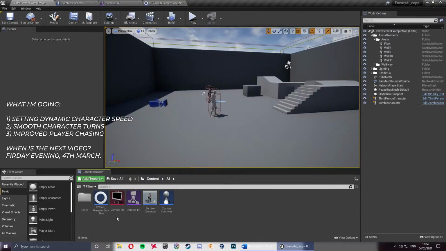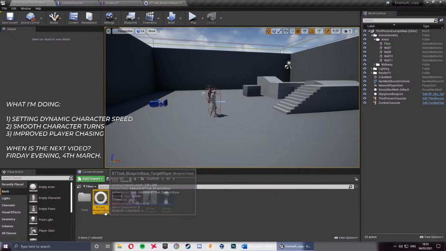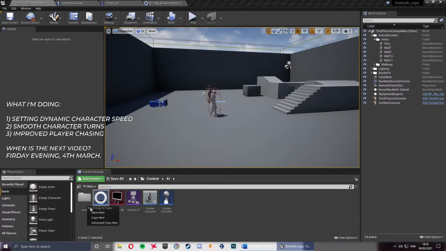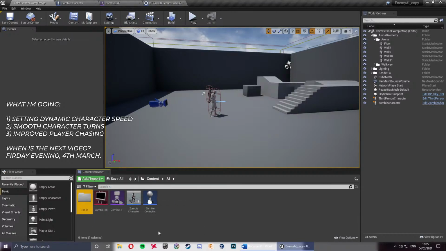So what I'm setting up here is I'm gonna make a new task called, this is the hard part about things, I was going to think of a name for them. Target player. I'm going to move that into my task folder. So that's the